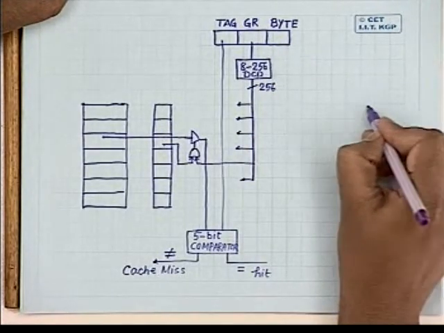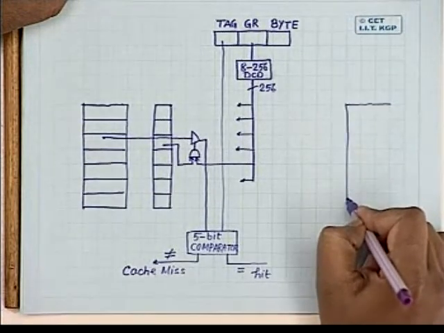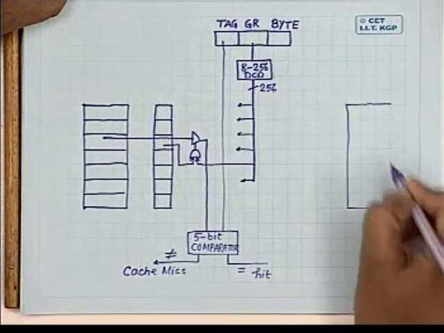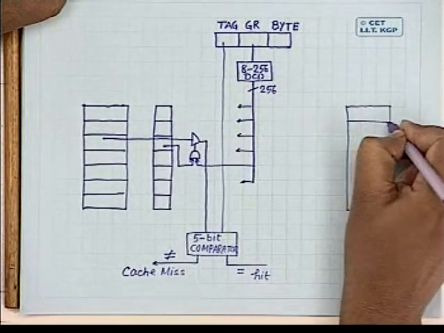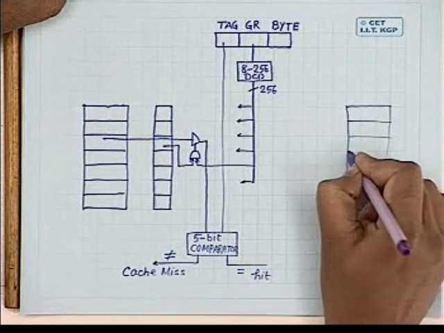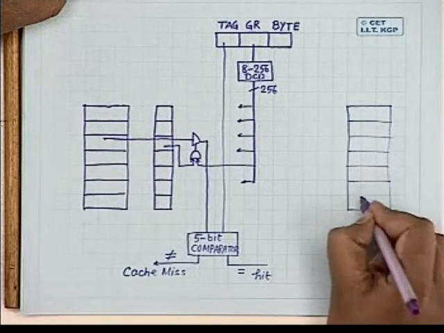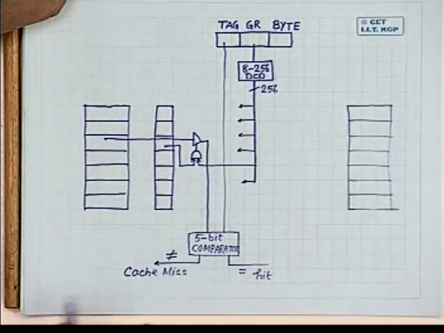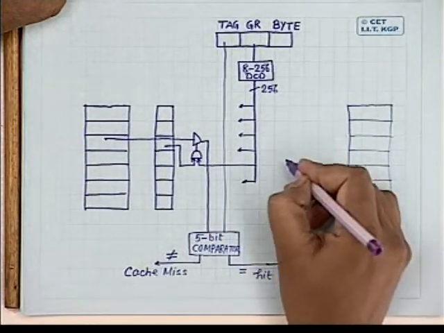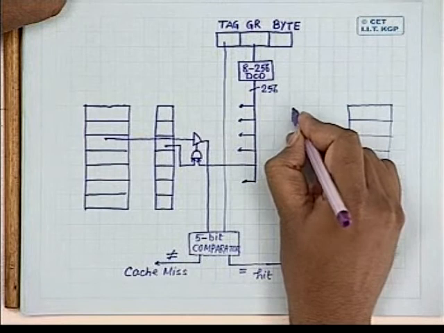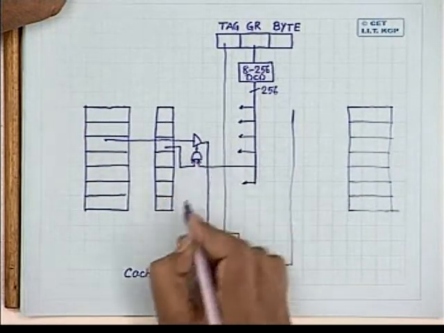So on this side, let me draw the cache memory, which is having a number of blocks. Okay. So in case of cache hit, and this output is 1,